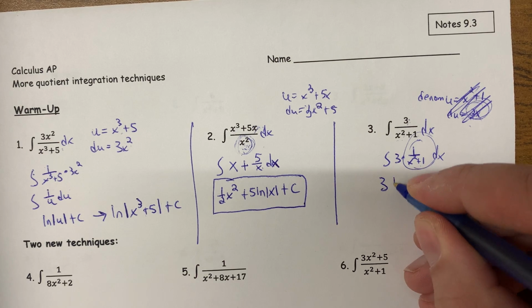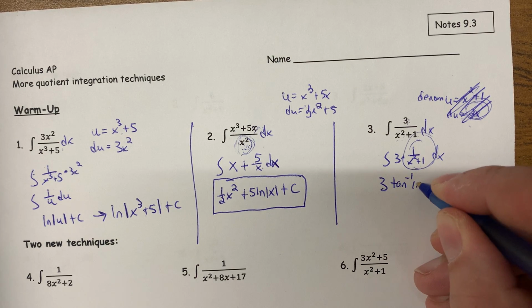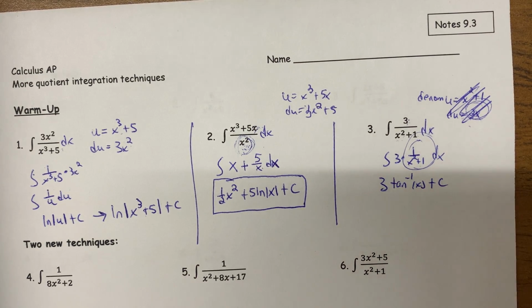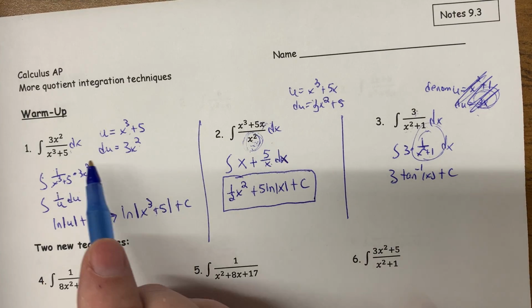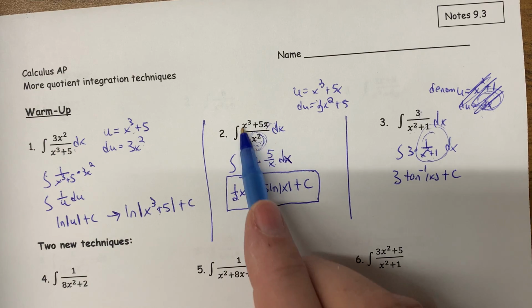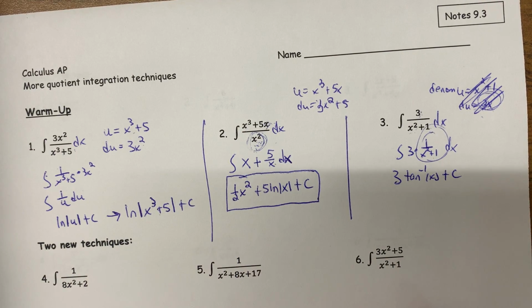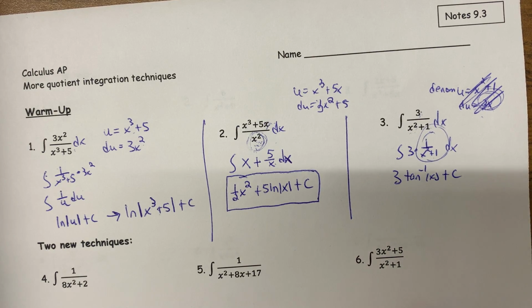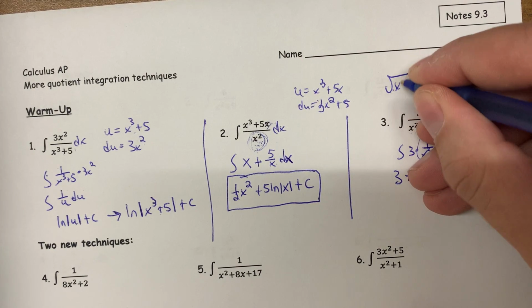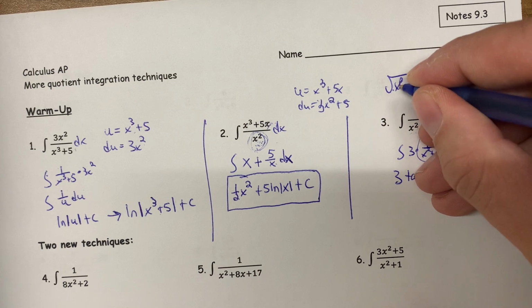This is arctangent, so tangent inverse of x plus c. I think this is tricky because there are three different techniques. There's u substitution, dividing everything if there's a common single denominator, and arc trig functions. Sometimes even if it's like the square root of 1 minus x squared,